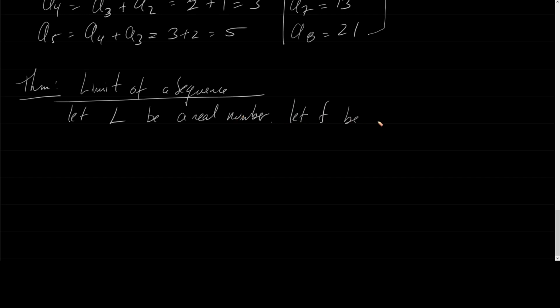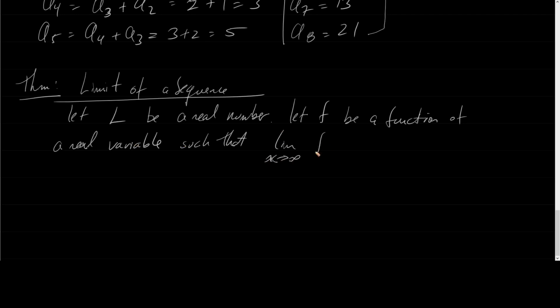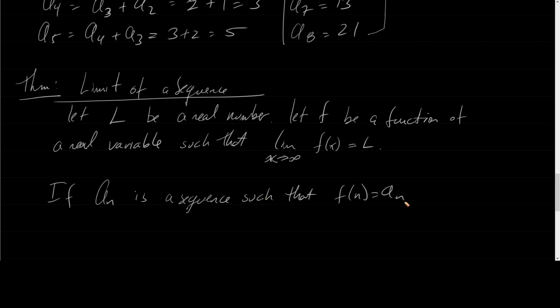Let f be a function of a real variable such that the limit as x goes to infinity of f of x is equal to L. If a sub n is a sequence such that f of n is equal to a sub n, in other words, the function and the sequence agree at all the whole numbers, when you plug in whole numbers,